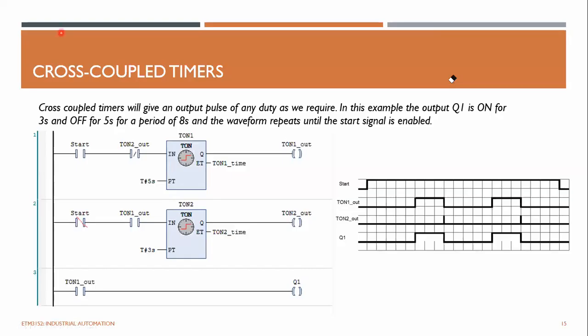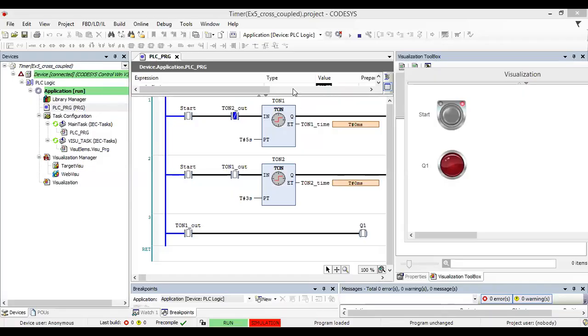That's all about the timers, and we will see some examples of cross-coupled timers in a minute. Okay, now I am using cross-coupled timers. So you can see I have the TO1 timer and TO2 timer, and I have used this start button. That is the start of my whole system. When I press start, my system will start, and it continuously generates that kind of arbitrary PWM signal